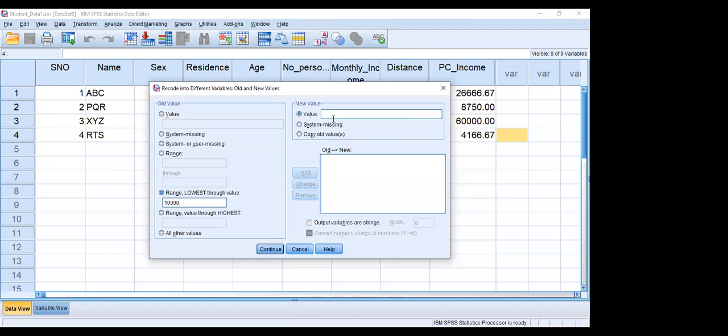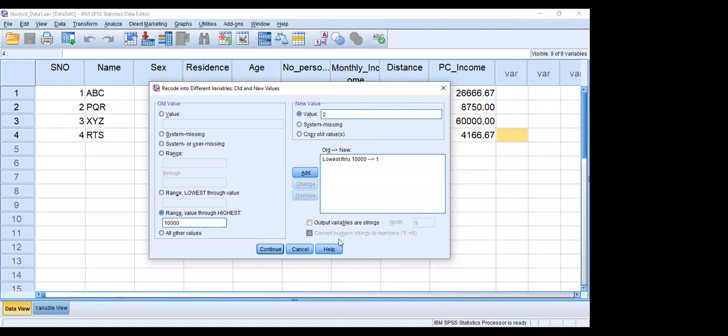So here the new value should be 1. Old values less than 10,000 are converted into new value 1. Add. Then range 10,000 through highest, meaning 10,000 and above, assign 2.